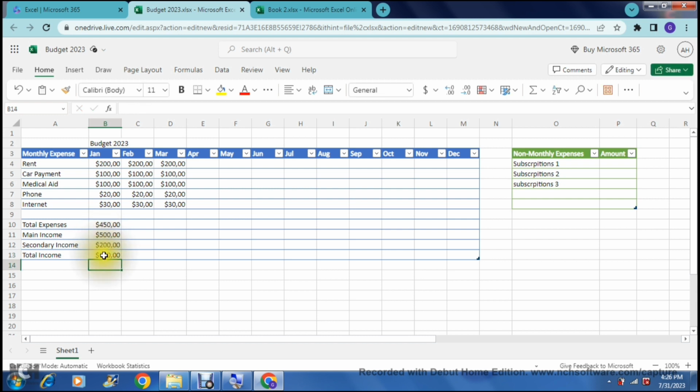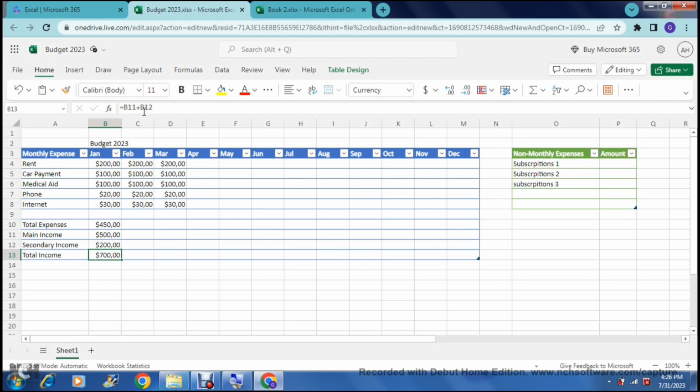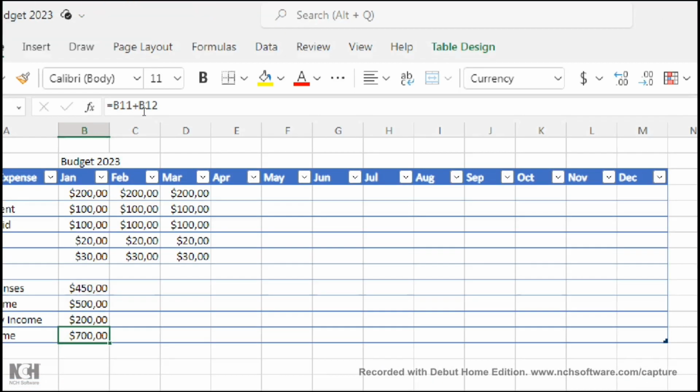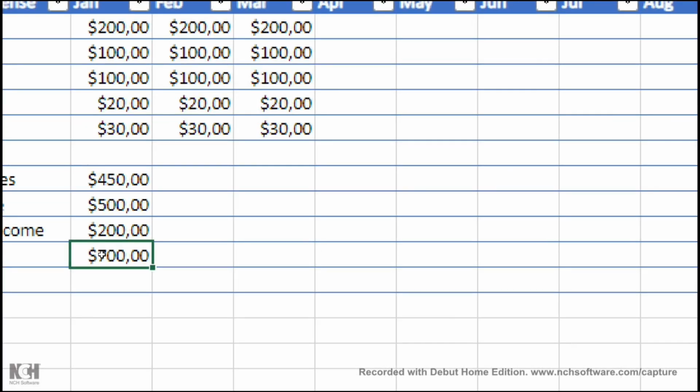Now as you can see, if you tap on that cell again, that $700, you can see up over here the formula. It tells you that it's B11 and B12, and that is the total that you get over there. Now what you want to do is enter in a balance, and your balance will be your total income, which is this one right over here,